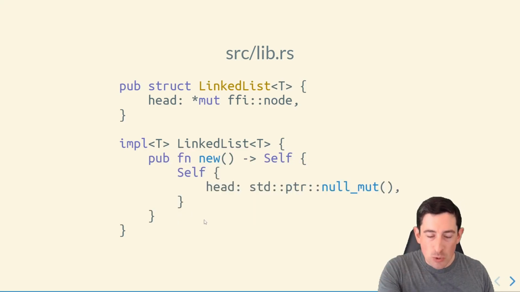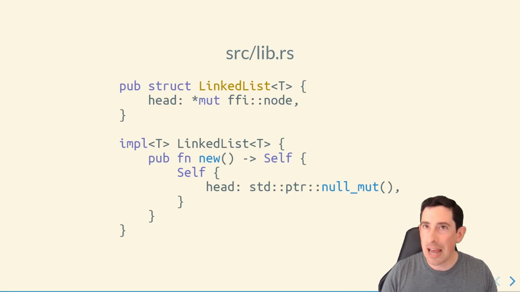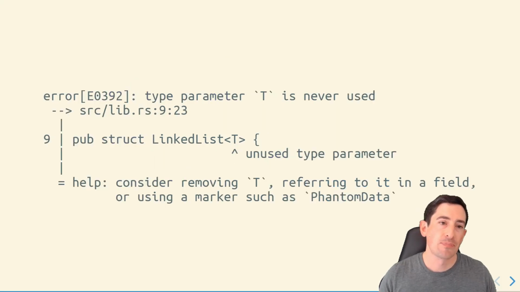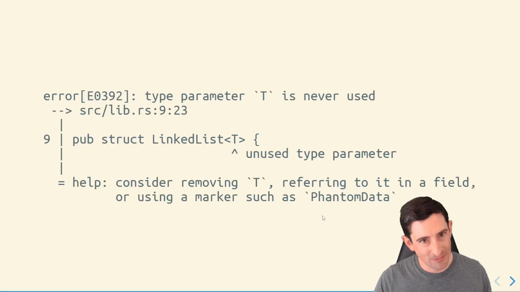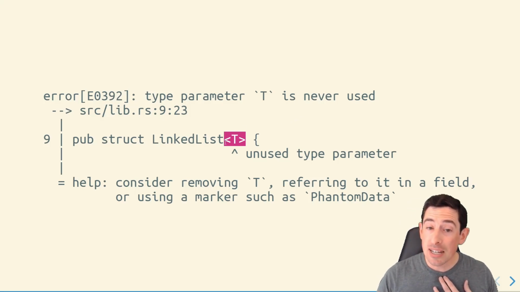Unfortunately, if you write it out just this way, you run into a compiler error. There is a compiler error here, and everybody hits it, and it looks like this. So it turns out there's a rule that says when you have a generic parameter, T, and by the way, we should go back